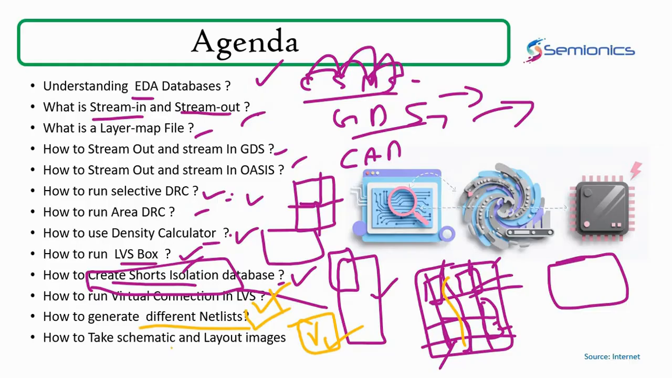And then obviously, while running your LBS, you would be able to generate your schematic netlist and layout netlist and all of that. But then there are multiple ways of generating netlist. There are different kinds of netlist that you can generate. We will see those things,